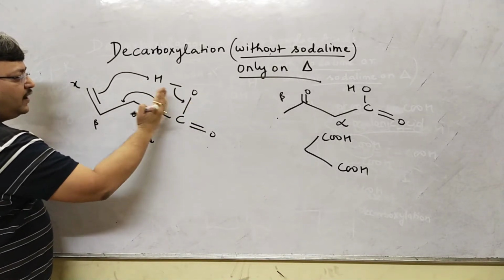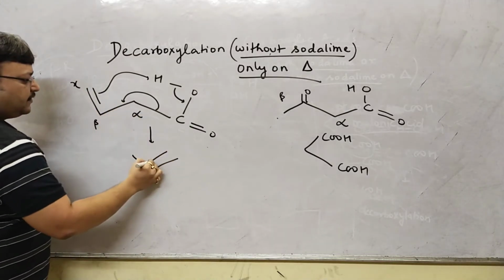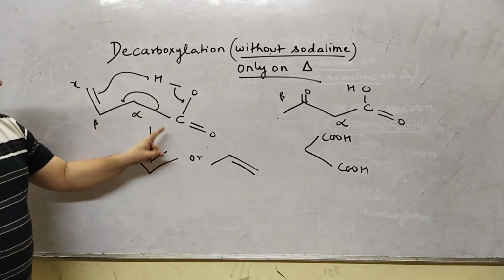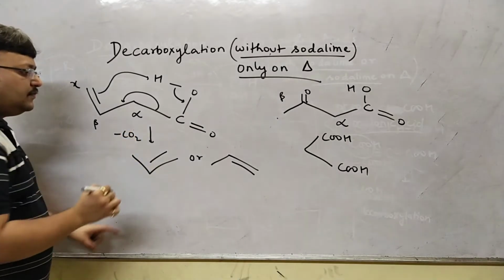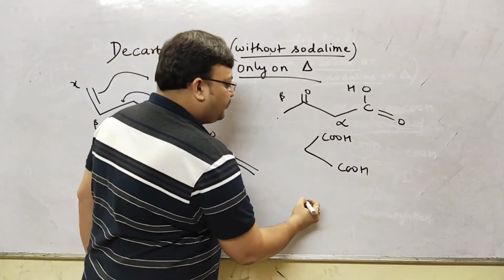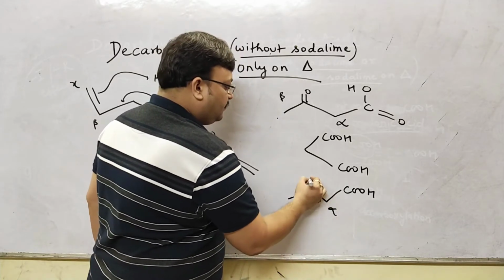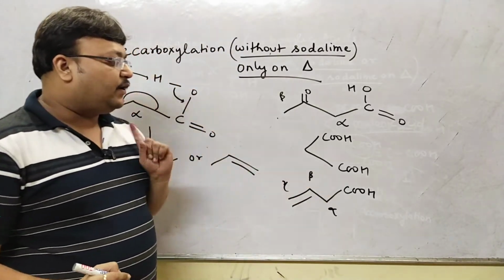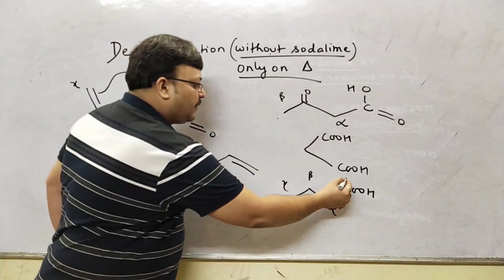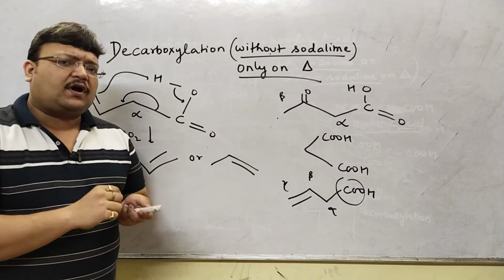I see carbon dioxide going out, and naturally 1, 2, 3, you write it in this manner or you write it in this manner. This will decarboxylate to give you, say, propene in this case. So remember these three cases: a beta keto acid, a gem dicarboxylic acid, or alpha beta gamma. These three compounds on heating will have carbon dioxide gone without soda lime. So with carbon dioxide gone, you'll get propene.